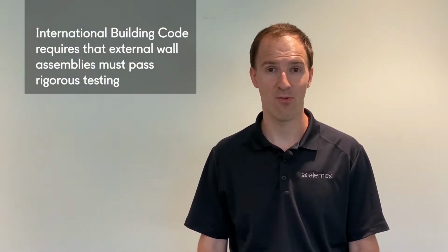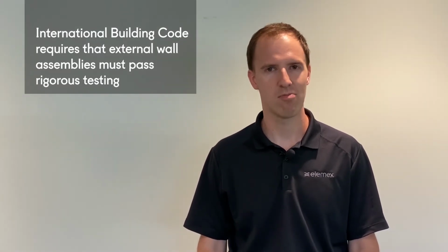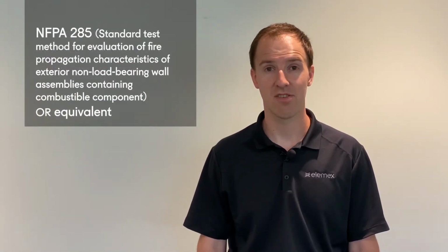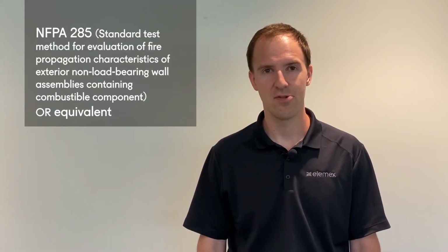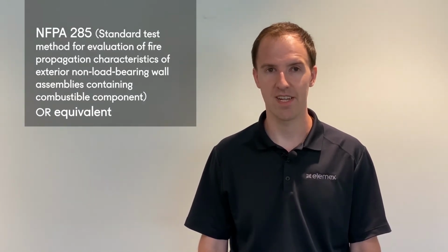The International Building Code, or IBC, requires that external wall assemblies, cladding, insulation, and walls on high-rise buildings with combustible components must pass a rigorous real-world test made known by the National Fire Protection Association under the name NFPA 285. In the United States, the use of PE core ACM on high-rise buildings has been heavily regulated for decades. In Canada, we have done the CAN ULC S114 test for non-combustibility. Our panels meet and exceed these test standards, allowing you to use our panels in any capacity on the building